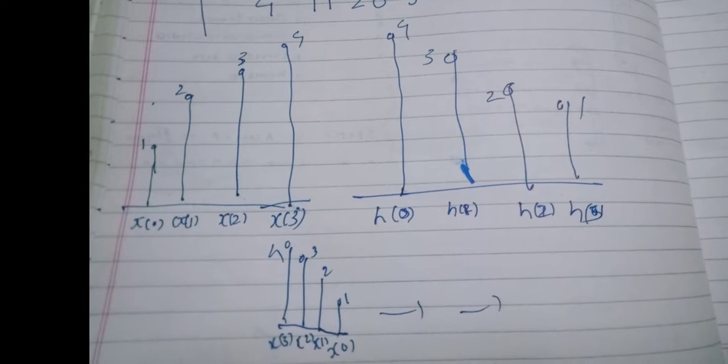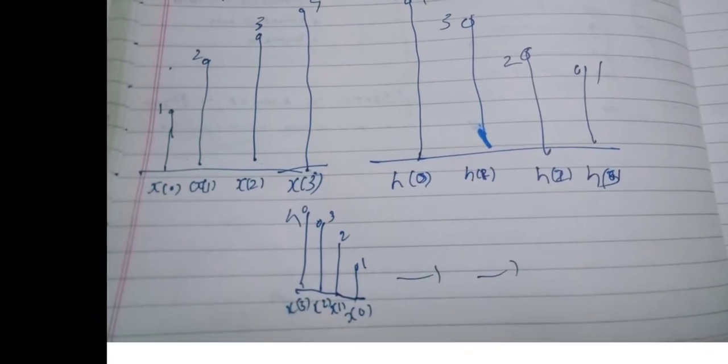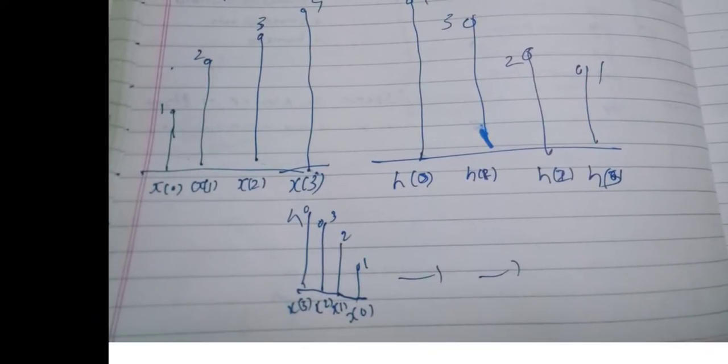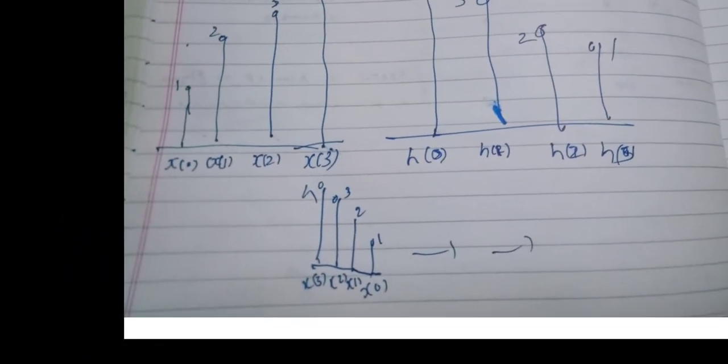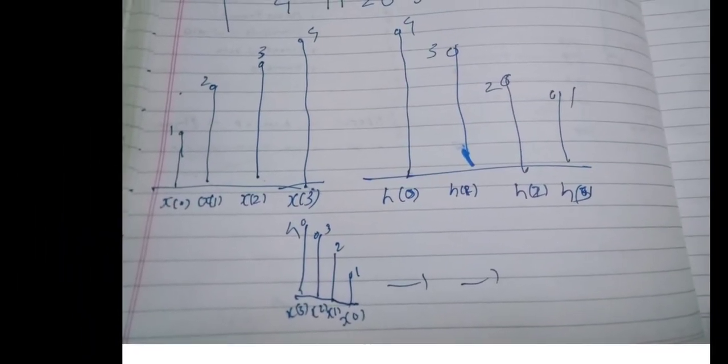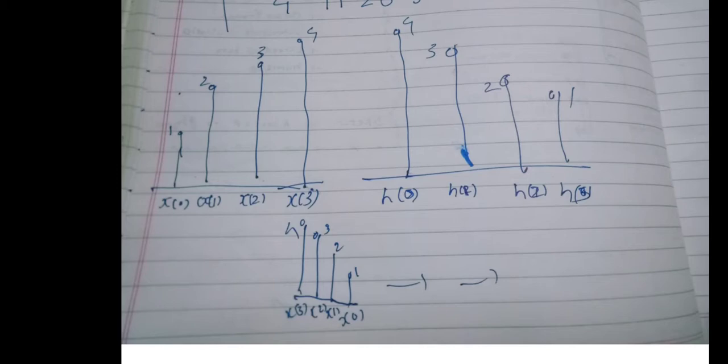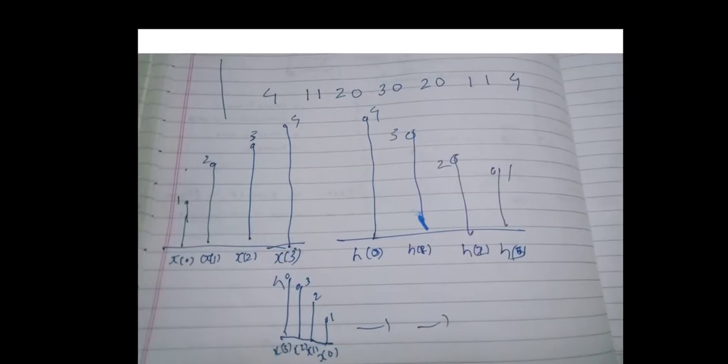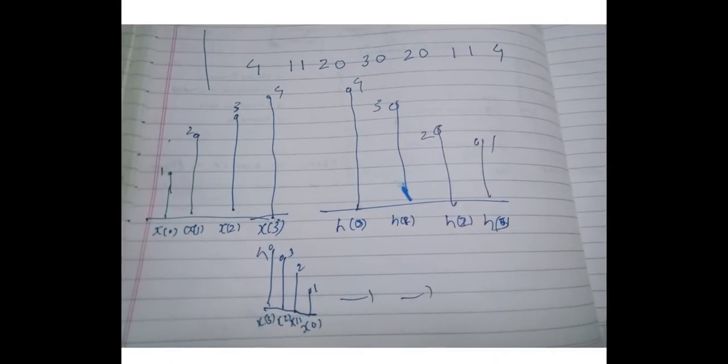So if you observe, the first signal which gets overlapped is x of 0 multiplied by h of 0. This is my first sample. After delaying it by t, if I delay it more by t, then x of 0 multiplied by h of 1 plus x of 1 multiplied by h of 0. So this is what the concept is all about.